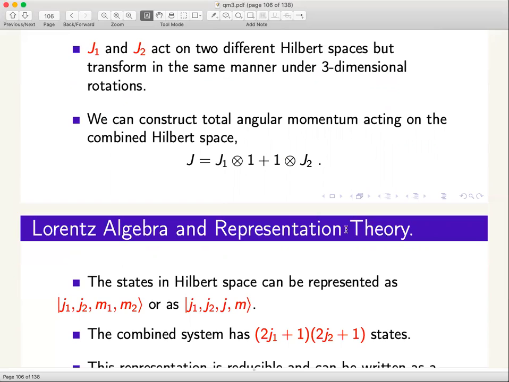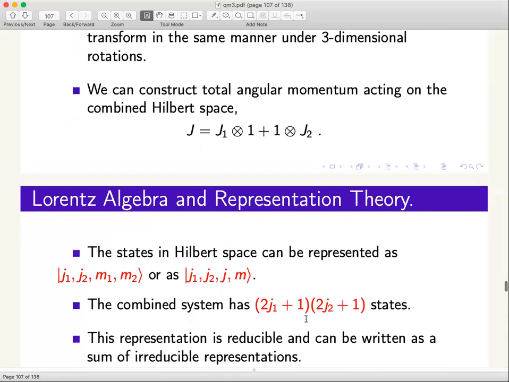So the thing is that sometimes this basis would be useful, sometimes that basis will be useful. This is something we have done in quantum mechanics, right? The LSJM basis is useful sometimes, the LSMLMS basis is good in some other cases. But the statement that I wanted to make was that if you do addition of angular momenta this way, the dimensionality of the Hilbert space doesn't change. It may be decomposed as 2J1 plus 1 times 2J2 plus 1, or it may be decomposed into different kinds of factors and the sum of those, but the total number is still the same. That's all I wanted to say.